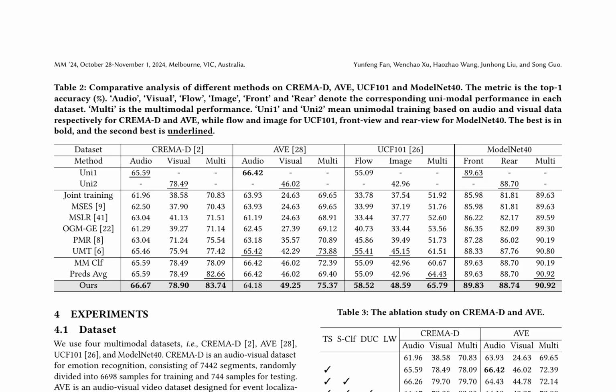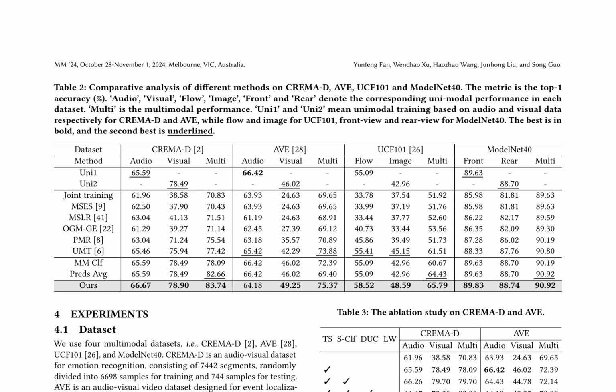The authors of the research paper present a comparative analysis of different methods on 4 multimodal datasets: CREMAD, AVE, UCF101, and ModelNet40. The metric used is top 1 accuracy percentage. The methods compared include unimodal training, joint training, MSES, MSLR, OGMGE, PMR, UMT, MMCLF, and PREDS-AVG. The results are shown in Table 2, which reveals that the proposed method, DI-MML, outperforms the other methods in terms